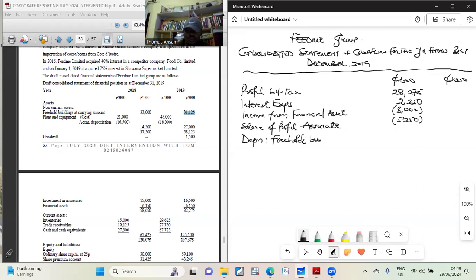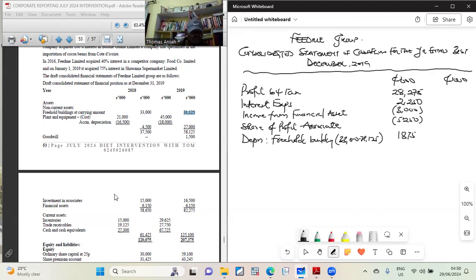So freehold building. What is the difference? We had the depreciation will be like 31. That is 33, and it is going to 31. So 33,000 minus 31,125. How much is that? Let's take the calculator. So 33,000 minus 31,125 gives me a depreciation, and the depreciation is added back, right? So that gives me a depreciation of